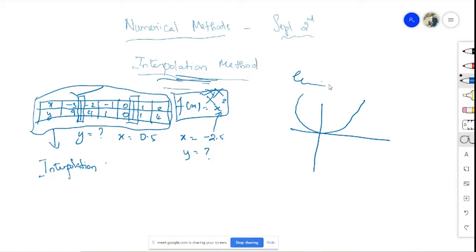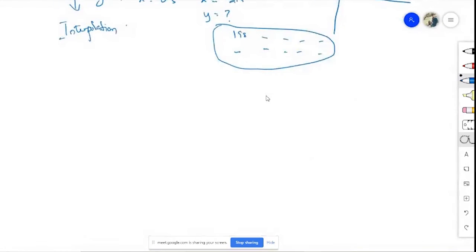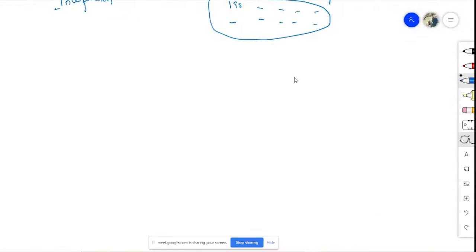For example, in the stock market or whatever it is, we don't have a definite function for it. We have particular data, that in this month the share is going to be this for a particular company. So for a given month, what we predict uses interpolation logic. It is going to be the same in stock markets, whatever it is. So similarly, we are going to see the problem.